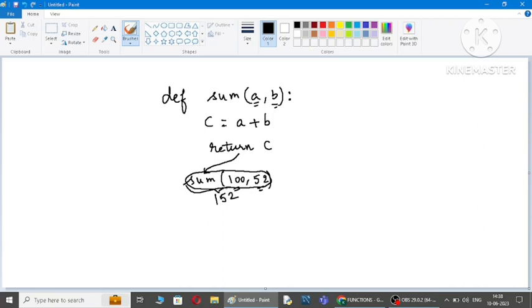Now what happens to this 152? When you return something, there should be something to hold the answer. So what should you give to hold the answer? There are 2 things that you can do. Either you give a print command where the answer will be directly printed, or you give a variable which will